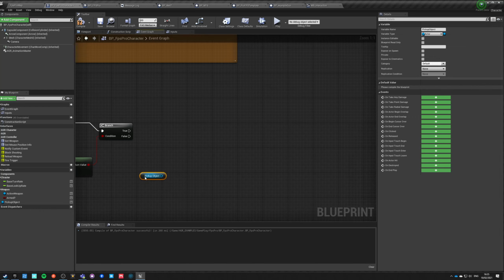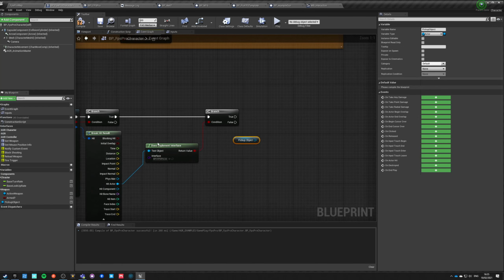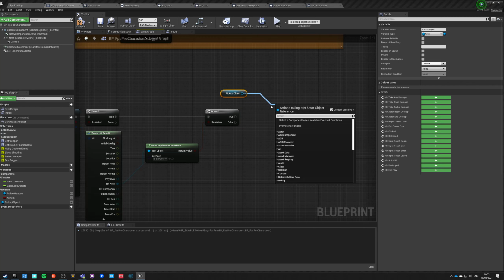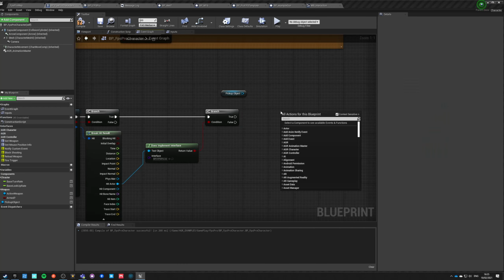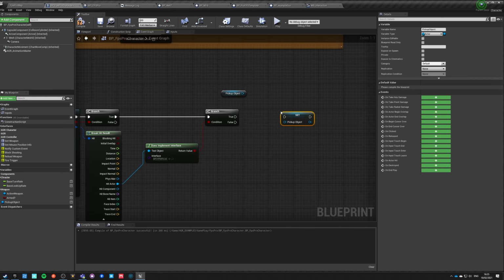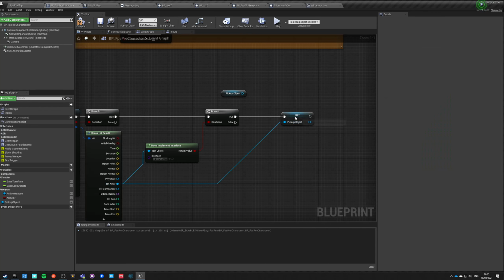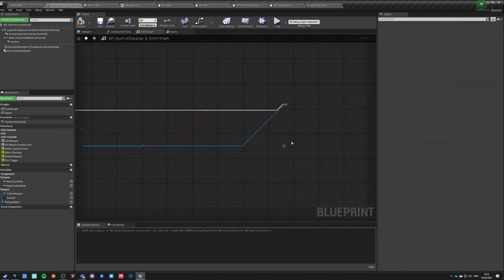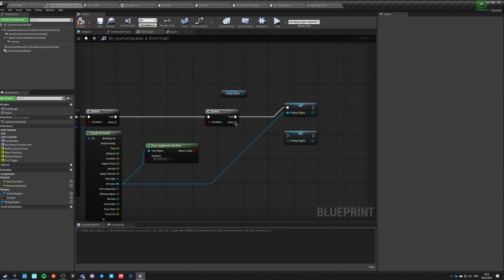Basically what we're going to say is that if it implements this interface, we're going to set pickup object to this object, and if it is false, we're going to set pickup object to nothing. That's it.